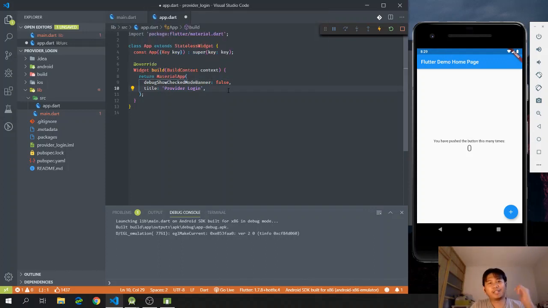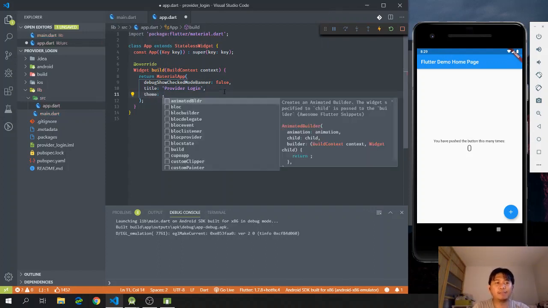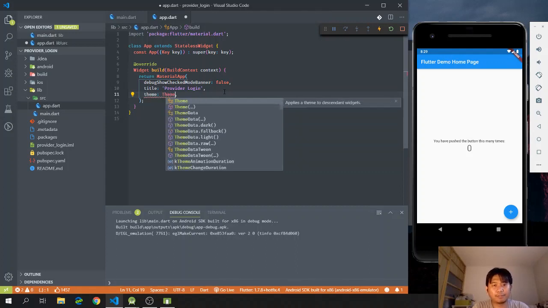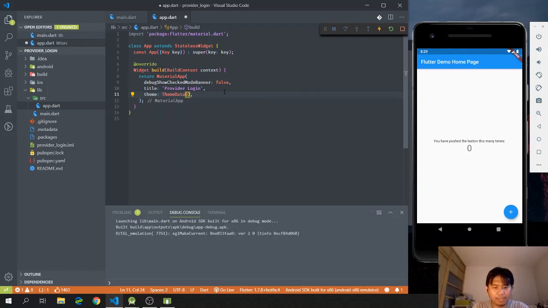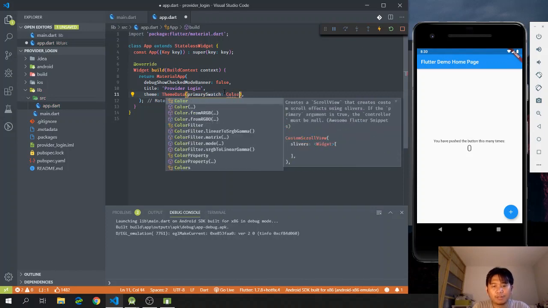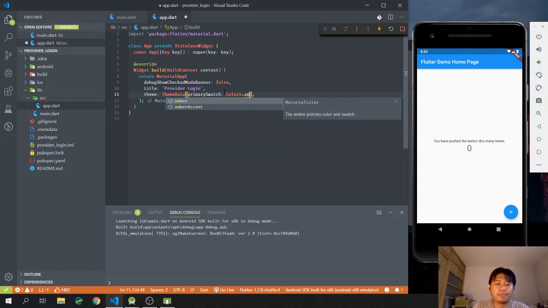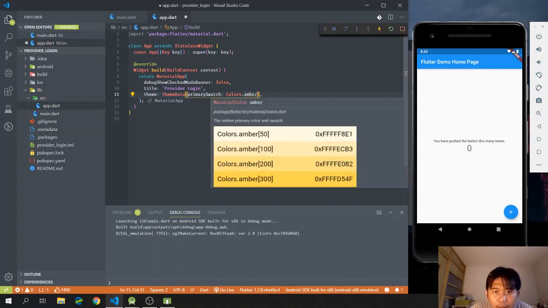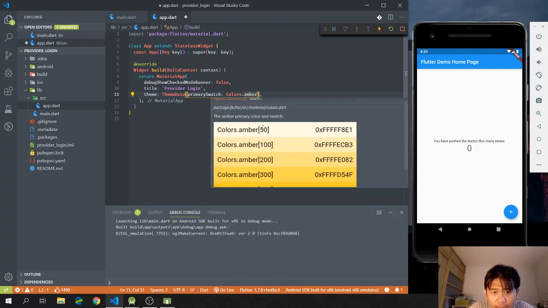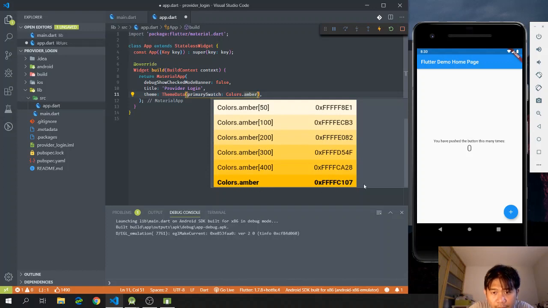Okay, so let me create a theme, and that theme would be simple because I think I've done this a couple of times in my previous videos, so that's theme data. And my primary swatch would be colors dot amber, I think. If I hover my mouse on top of the dot amber keyword, you will see here the colors dot amber. I think this is much closer to the one I showed you. Okay,